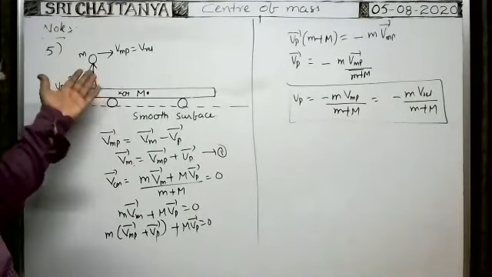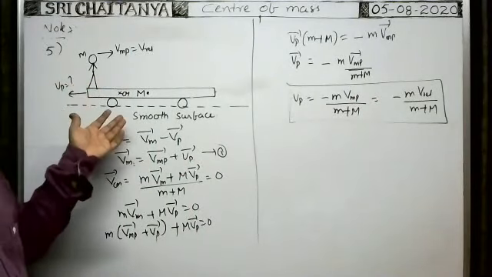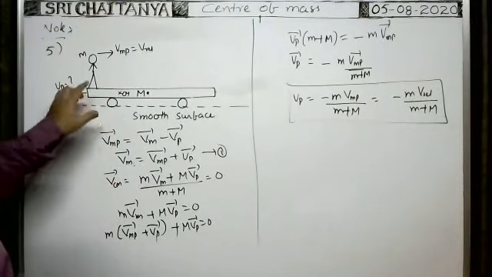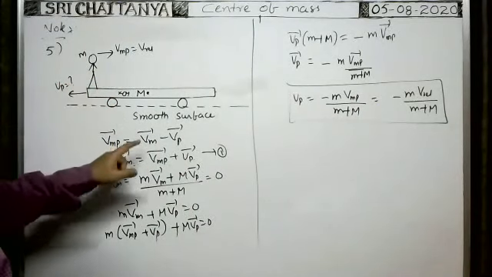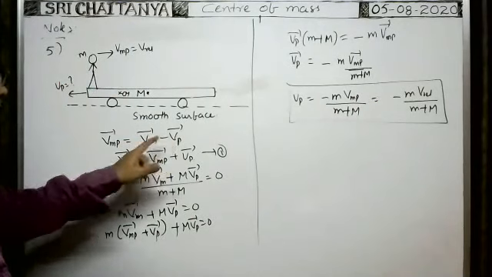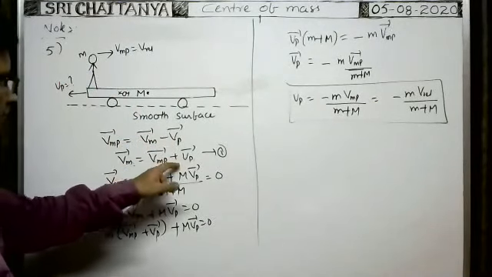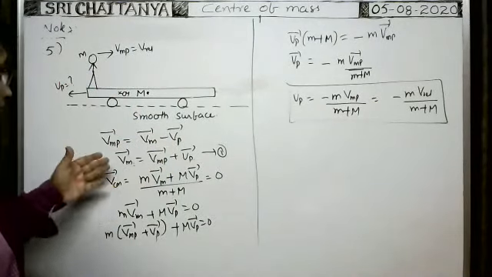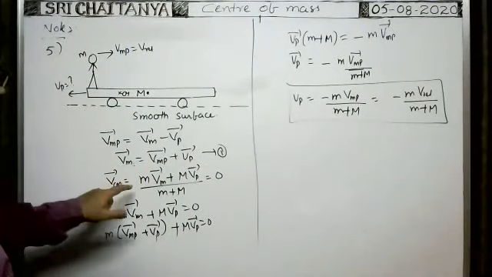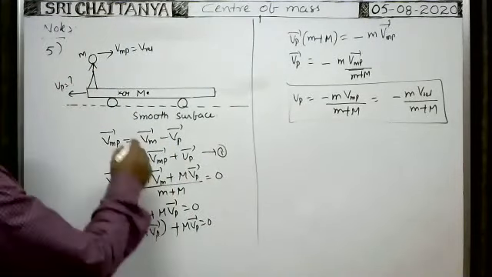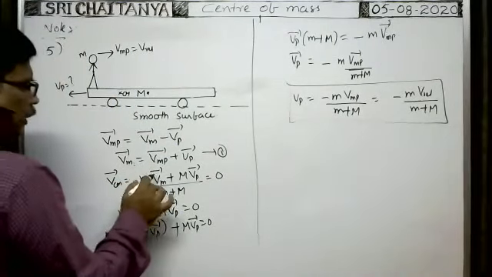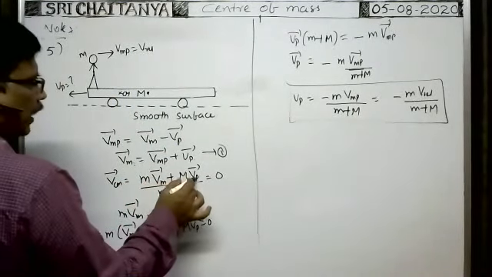Same concept, boat man system. Why are you unable to understand this one? I have written directly. Velocity of the man with respect to plank is equal to Vm bar minus Vp bar. Vm bar is equal to Vmp bar plus Vp bar. Then velocity of center of mass of the man plank system is equal to the formula already: mass of the man into velocity of the man plus mass of the plank into velocity of the plank.